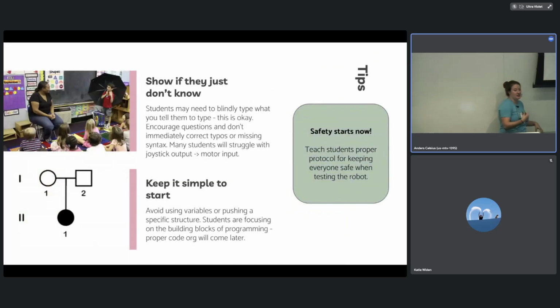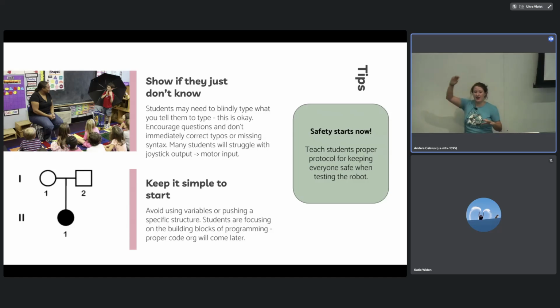So in this stage, students are just blindly typing. Sometimes they're not because they've come in with knowledge, but sometimes I'm like, okay, and now you're going to type motor1 dot run or whatever the syntax is. I forget because it changes every year. And I start teaching them these things, and it's okay that they don't know, and they don't have to know, because right now we're just exposing them to the concept. And we keep it simple.